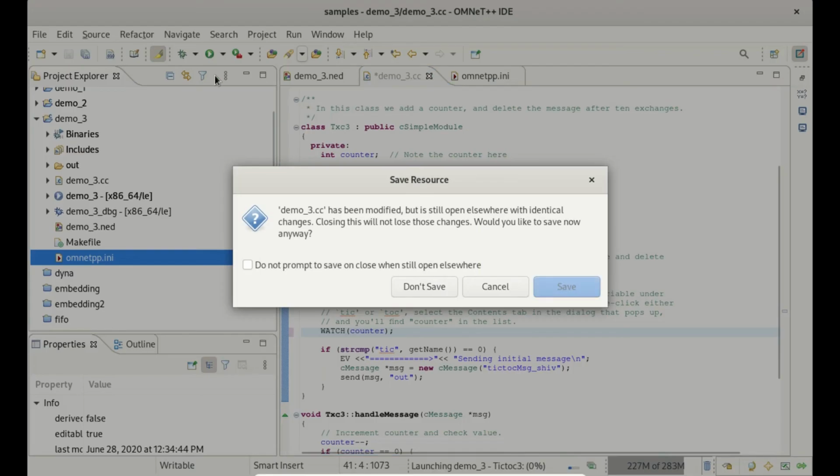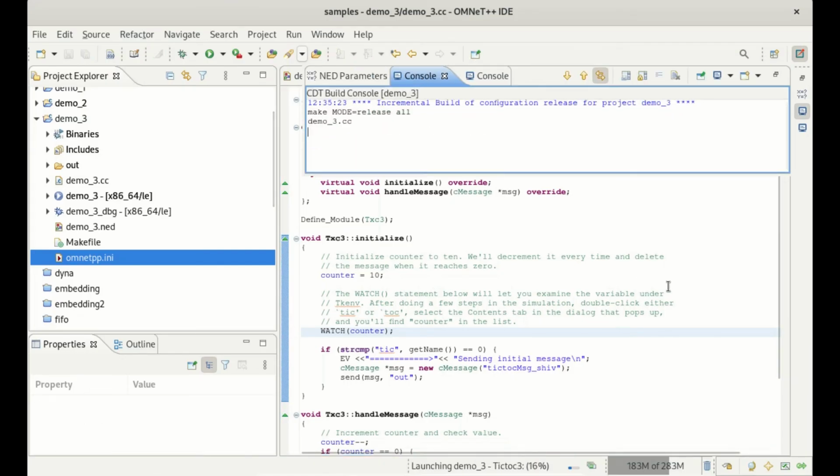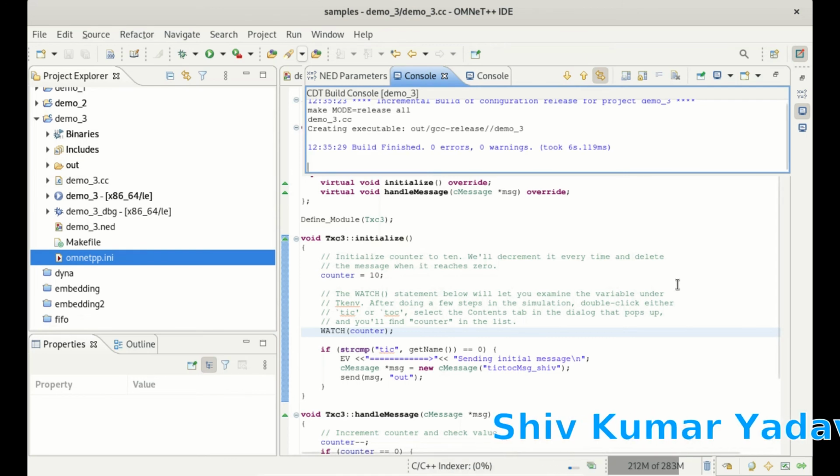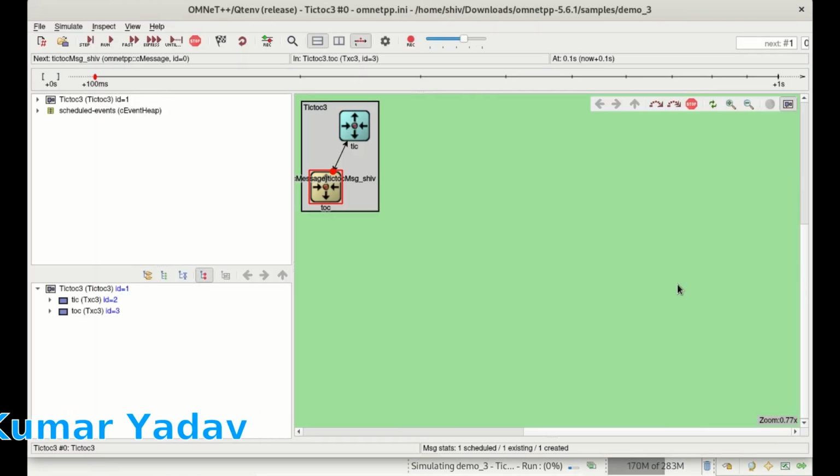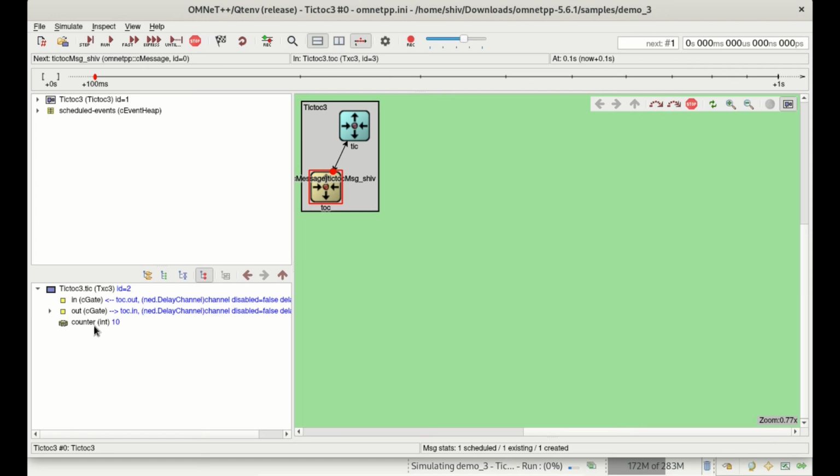Again build and run. Keep patience. Now I am clicking on the tic. Now the counter variable has come, meaning we can see it in the graphical user interface. Other than that, let me close this window.